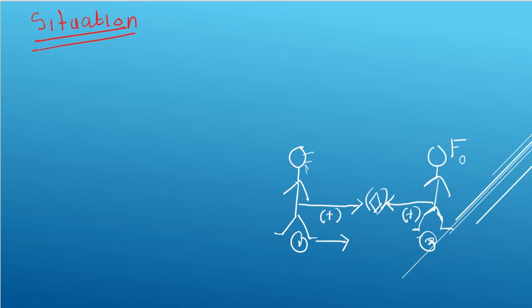So under situation 1, this is what we have here. Person 1 approaching person 2. Now, this is point number 1: whenever